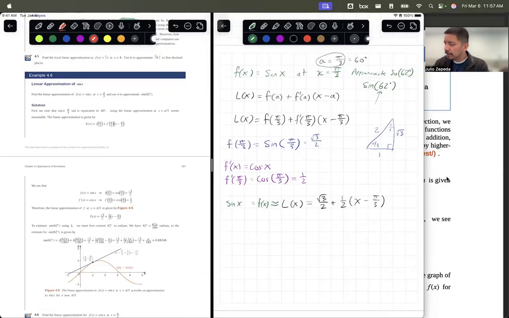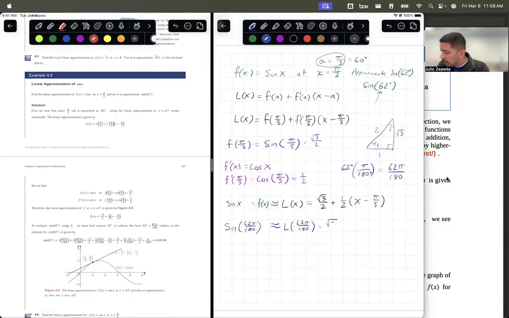So 62 degrees in radians, we multiply by pi over 180, and so this is 62 pi over 180. And so sine of 62 degrees is equal to the sine of 62 pi over 180 radians, which is approximately equal to L of 62 pi over 180,